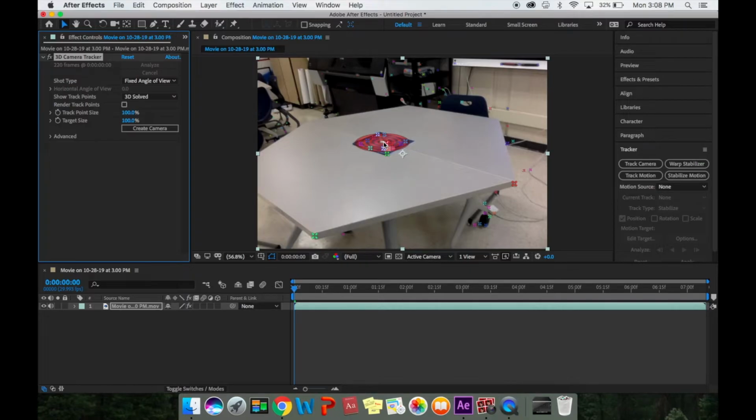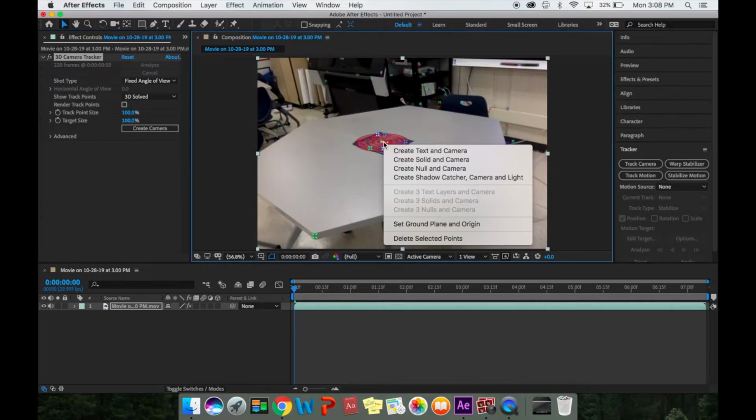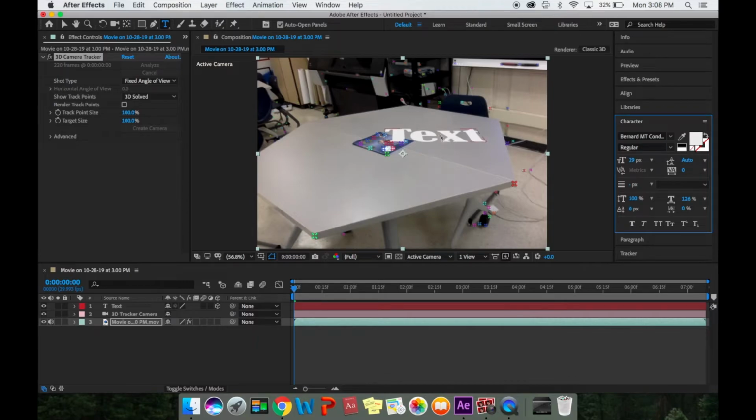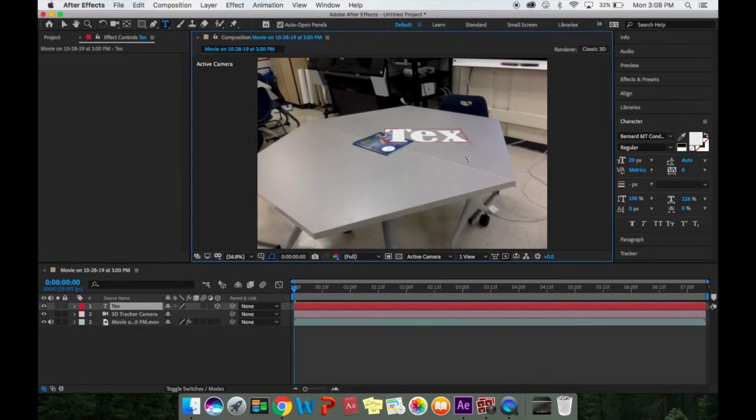So here, these are all points that are being used right on top of the book. Once I've done that, I'm going to do a 2-finger click and say create text in camera. When I put that in, over here now it puts in this random text. So I'm going to come up to my T and click on that. I can delete that out, put starring, and then hit return and say